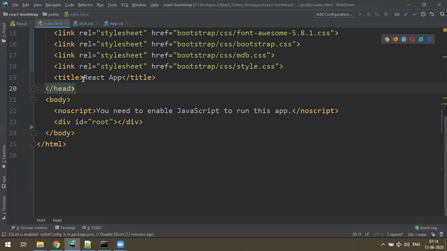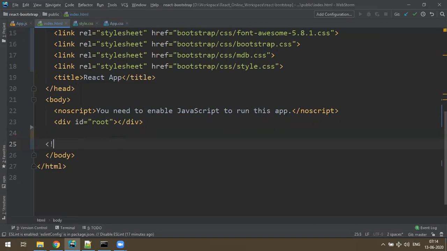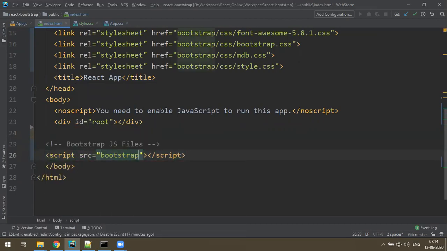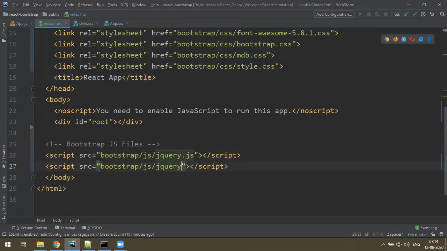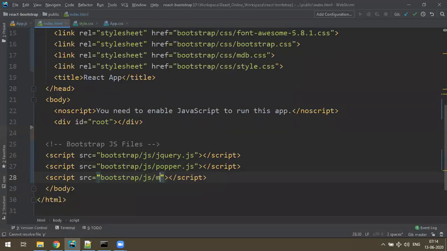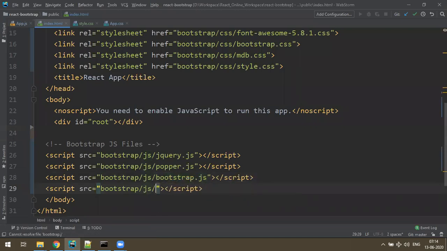Next, JS files. So JS files you have to connect at the end of the body section. So let me add a comment: Bootstrap JS files here. So let's say script src, Bootstrap folder, slash js folder, slash first jQuery. The order is important here. So first jQuery, and then you have to connect the popper, and then the bootstrap, and then the mdb.